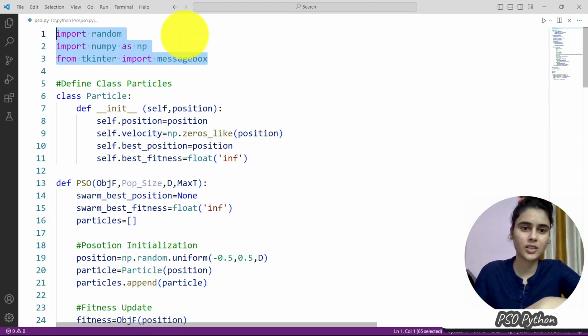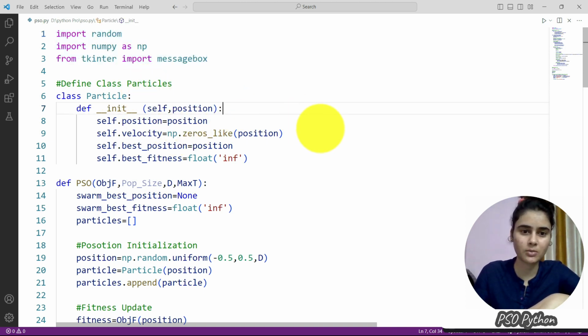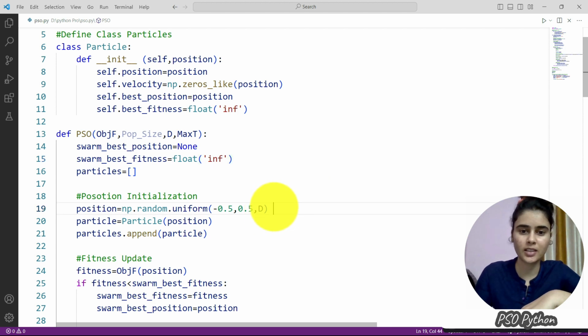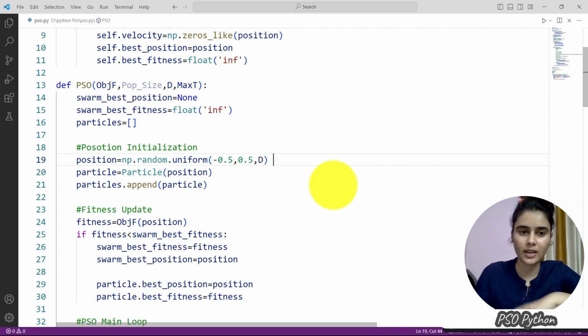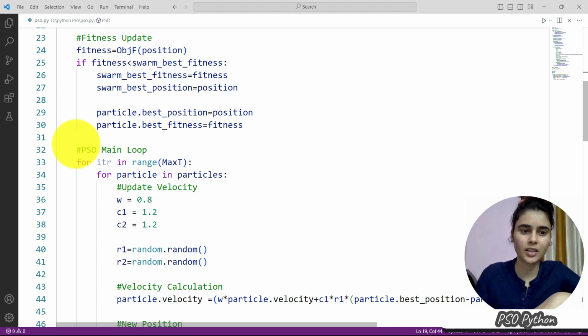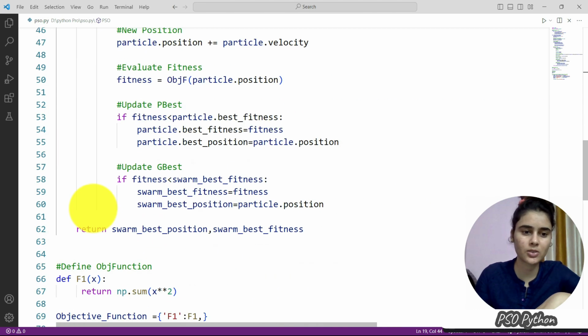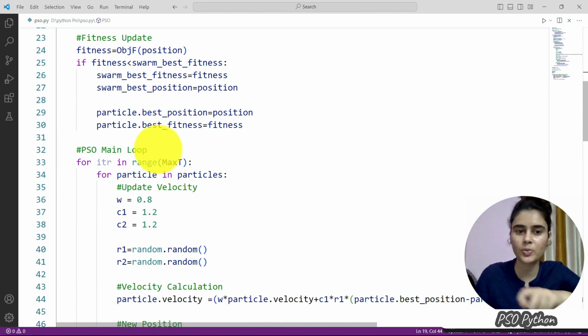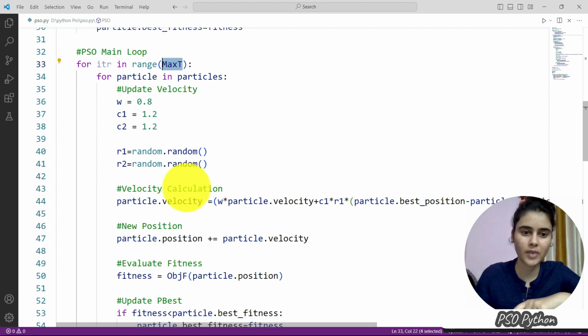Now you can see here the code is done. First we initialize the important libraries, then particles position, velocity, their personal best, global best, then initialize the position randomly in the search space. After that we updated the fitness values for the local and the global. Then here the main loop for PSO is started, and this loop is repeated until the stopping condition is met, until the maximum iteration.